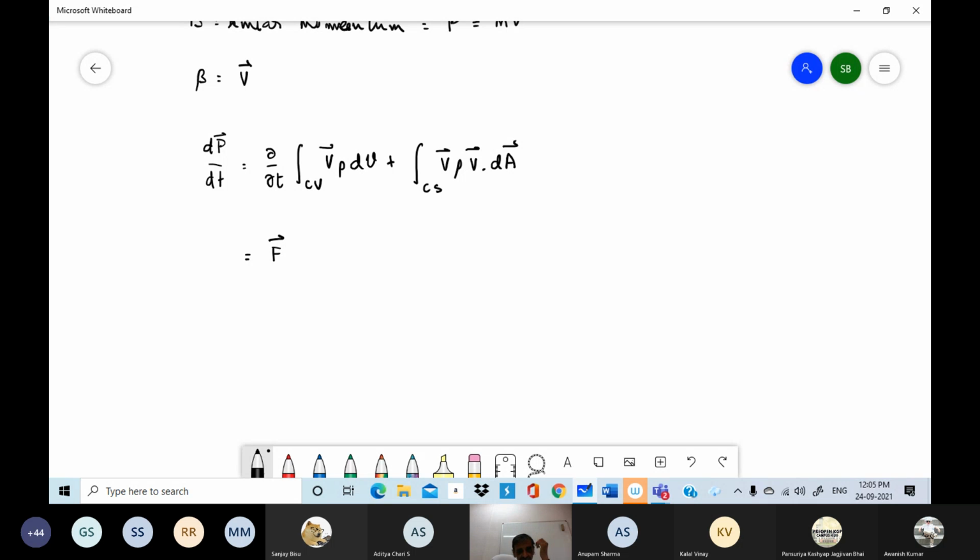Newton's law applies if I consider a certain fixed mass of fluid. If I'm following a certain mass of fluid, then its rate of change of momentum must be equal to the force acting on the element of mass. Now, in order to apply that in that form, I would have to follow a certain element of mass of